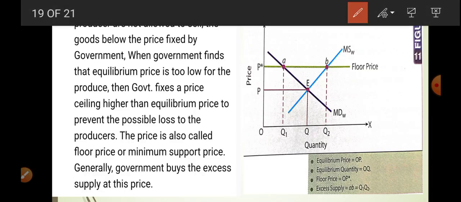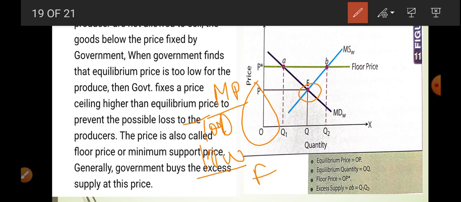In this diagram you can see that this is the price OP decided by the market forces. Okay, but this market price is too low. Okay, and farmers are not going to get any incentive to produce next year. So in this case the government comes and increases this price and keeps this price at OP star. Okay, so this is your price floor. It is done basically for agricultural products like wheat and rice,